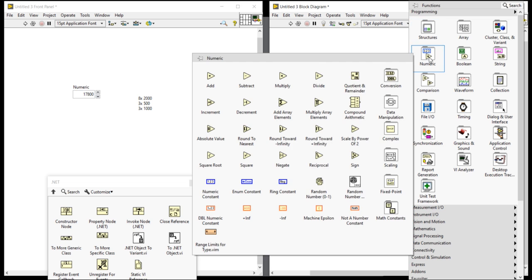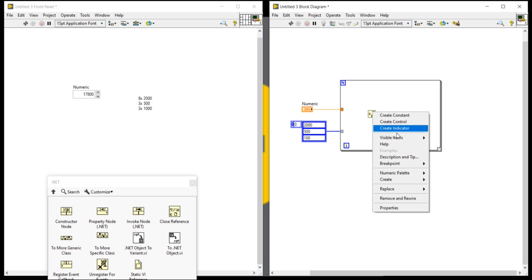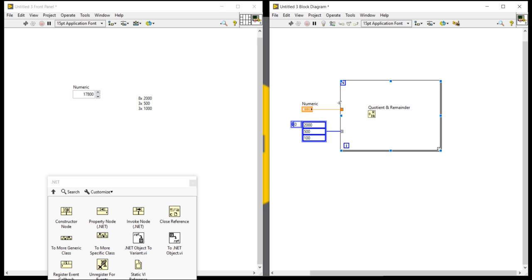Right click, come to the numeric, quotient and remainder function. I'm going to replace this internal node. Do one thing. First, make this arrangement. After that, we'll go. First, write the code.